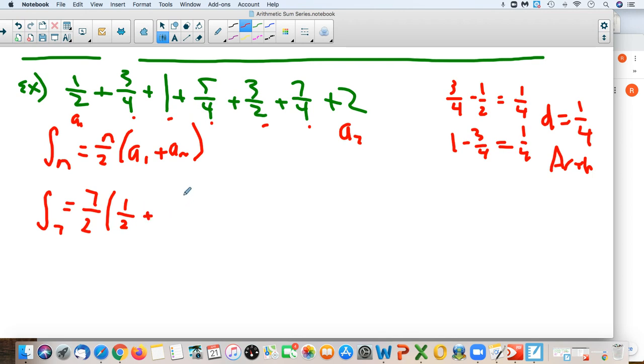The last term of the sequence is going to be a sub 7, which is 2. So now we can successfully find the sum of the 7 terms without typing all those annoying fractions in the calculator. So it's basically 7/2 times 1/2 plus 2, which is 2.5, or